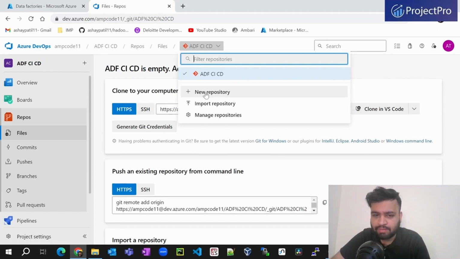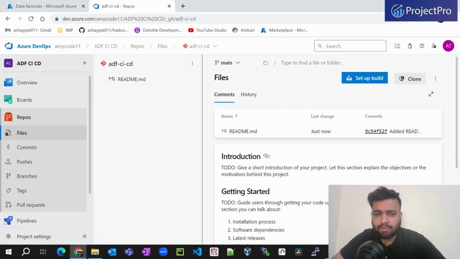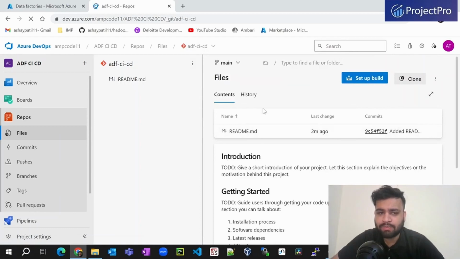repositories in this case. So we are going to click on plus here. So as you can see, the repository name. All you can do is give the repository name. In this case we can give it like adf ci-cd. Okay, so we are going to create our repository now. Just create it, and there you go, our repository has been created. Okay, so as you can see, we have now got our two repositories. So this will be our Azure Data Factory repository, which is built specifically for our ADF resources which we have